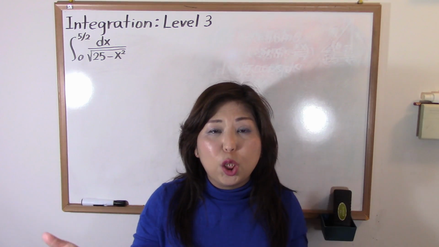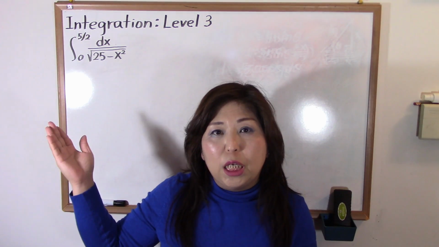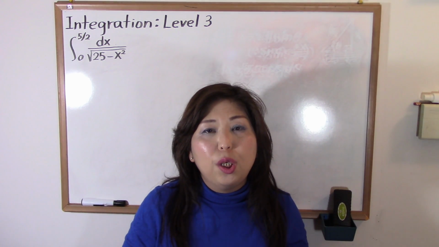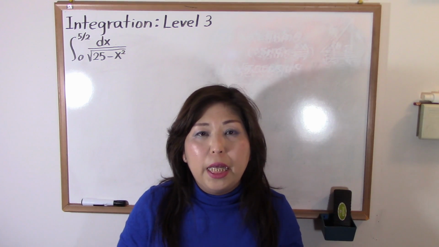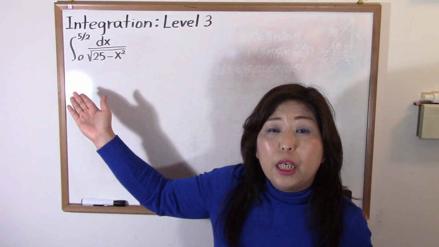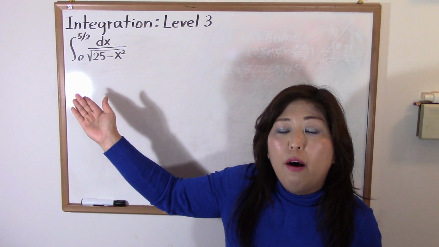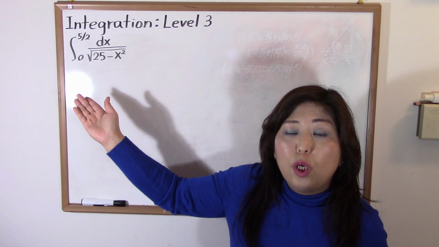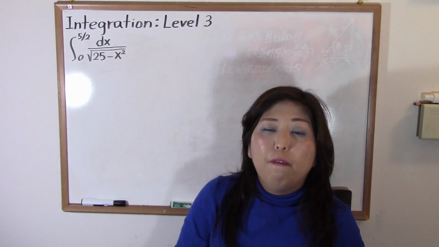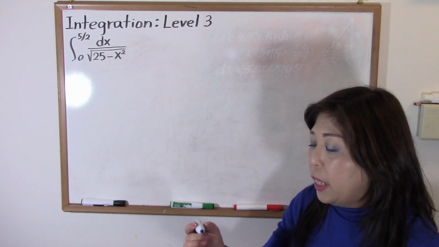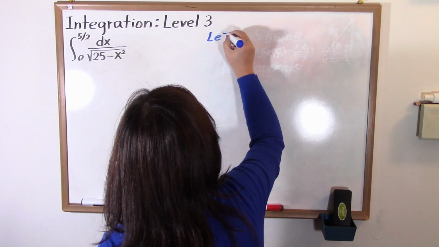Today, I'm gonna teach you integration, level 3. So, actually, I'm gonna teach you trigonometric substitution today. Here's the problem: the integral from 0 to 5/2 of dx over the square root of 25 minus x squared. So, first of all, the point is that we are going to let